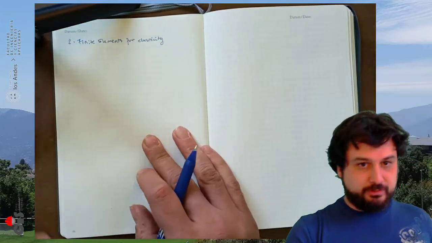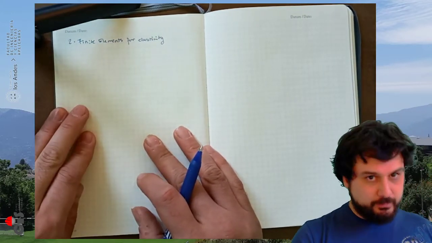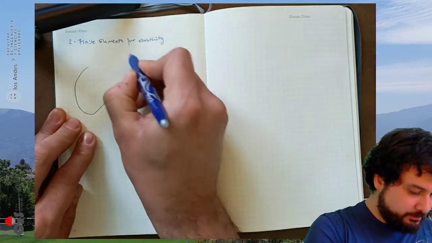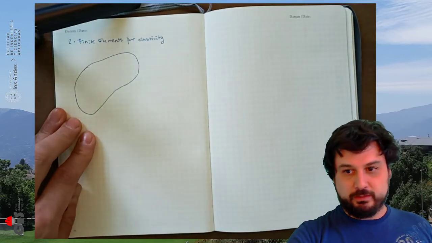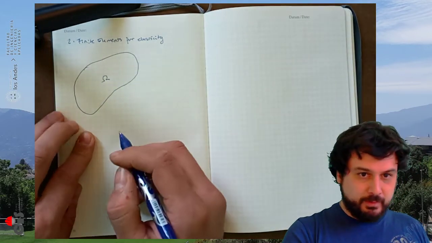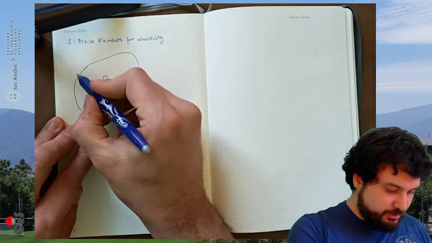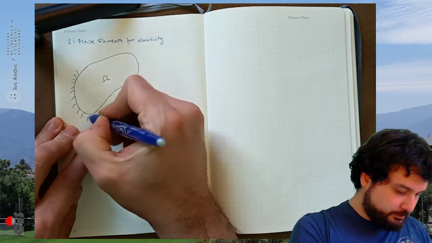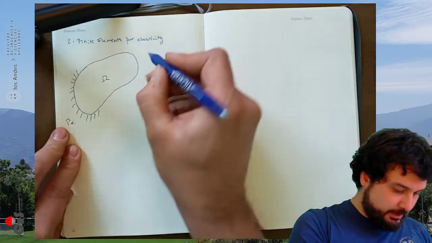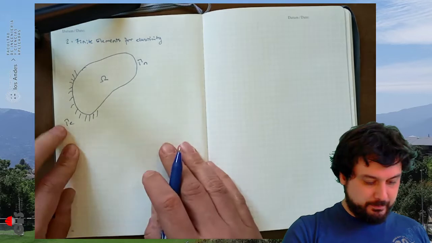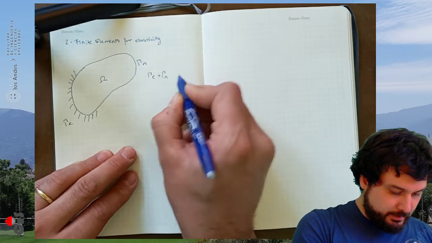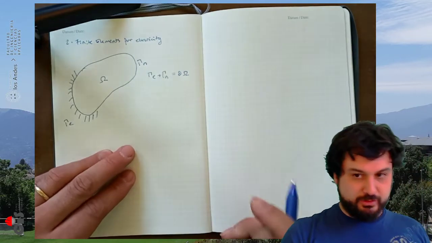So first of all, we have to state our problem. Okay, so we draw a potato, a generic elastic domain, and we're going to call that omega. And that domain is bounded by two types of boundaries. We're going to call this the essential boundary, and we're going to call that the natural boundary. And together, the essential and the natural boundary make up the complete boundary of the domain. So there's no other type of boundary,